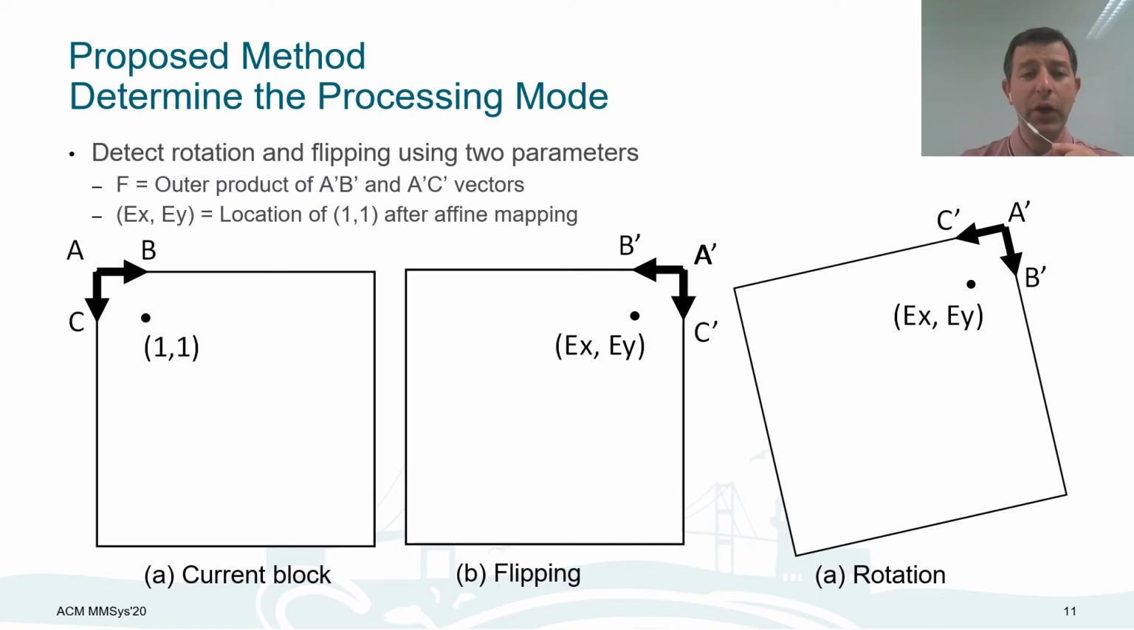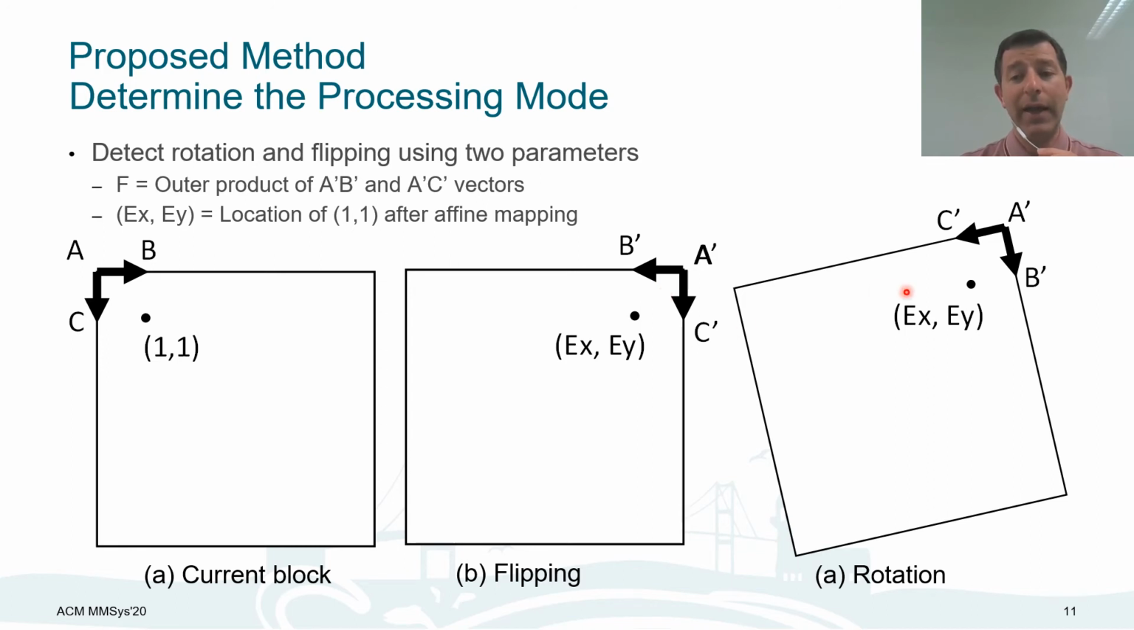But the important part is how we detect this big rotation. In the left figure, you see the current block. We define these AB and AC vectors, and also this (1, 1) location. Based on the affine parameters, we do the transformation. Then we see how these vectors are changing. For example, figure B is flipping. You see that the locations of these vectors A prime, B prime, and C prime are changing. If we calculate the outer product of these two vectors, we can detect whether there is a flipping